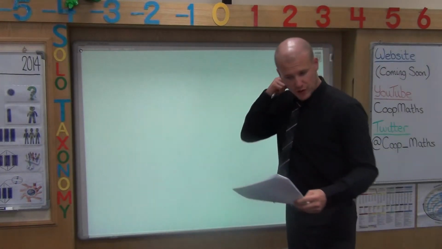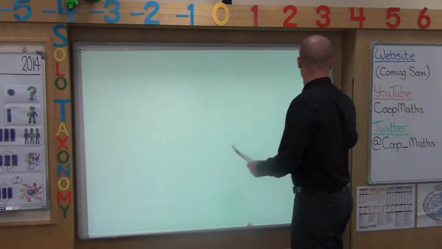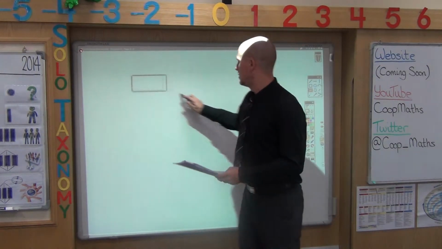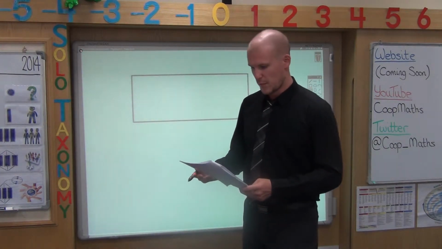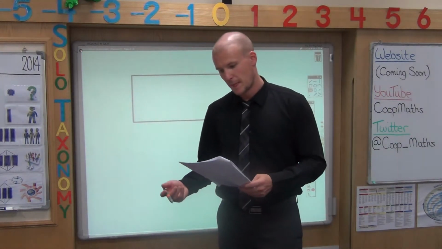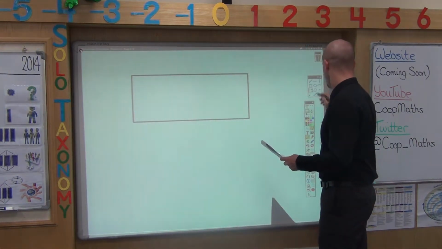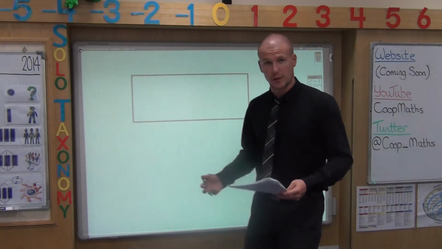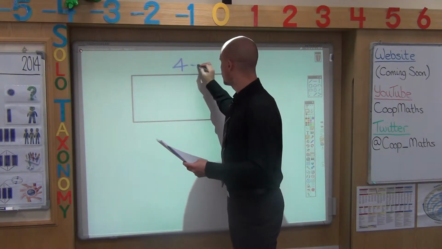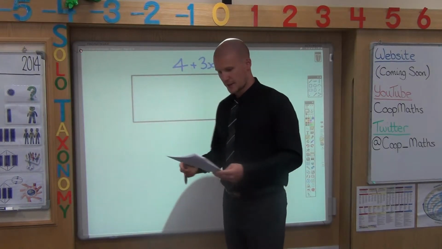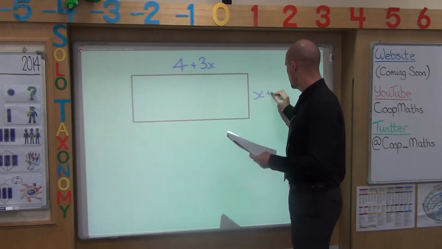Mock paper 1, question 10. The diagram shows a garden in the shape of a rectangle. They have given you measurements which they say are in meters, but they've given you them as algebraic expressions, or in other words, with letters. So this top length is being given as 4 plus 3x, and the side length has been given as x